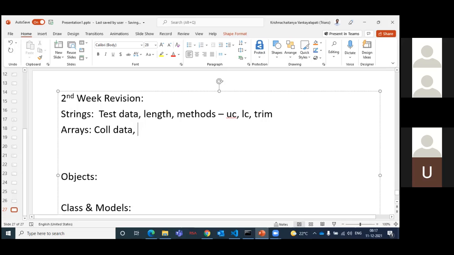So these collections can be of two types. For example, if I say roll number 1, roll number 2, roll number 3, if I am talking about only numbers, then it is a collection of the same data. It is representing only numbers. For example, if I say roll number 1, so and so name, roll number 2, so and so name, if I pronounce it like that, it is a combination of data. Then it will be treated as mixed data.